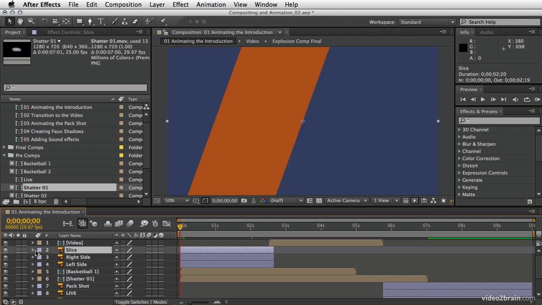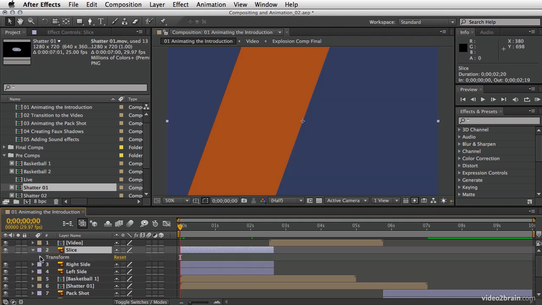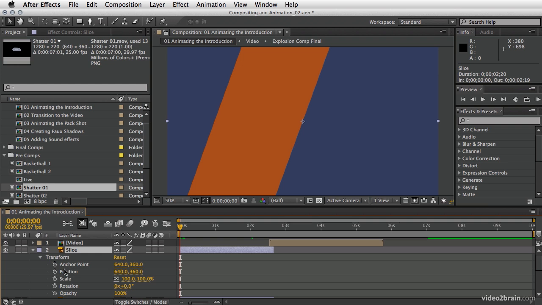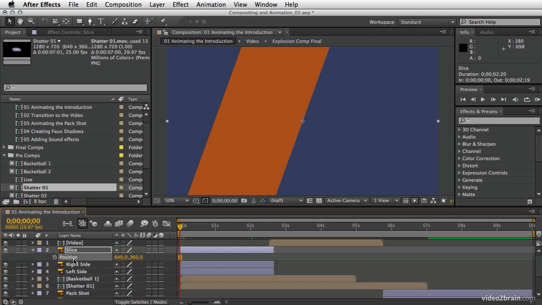I'm going to open up the properties for it, and under transform, I'm going to animate the position. And by the way, if you want to quickly get to the position property, you can just type down P, and After Effects will display only the position value for you. Of course, each one of the transform properties has its own shortcuts, and I will give you those shortcuts when